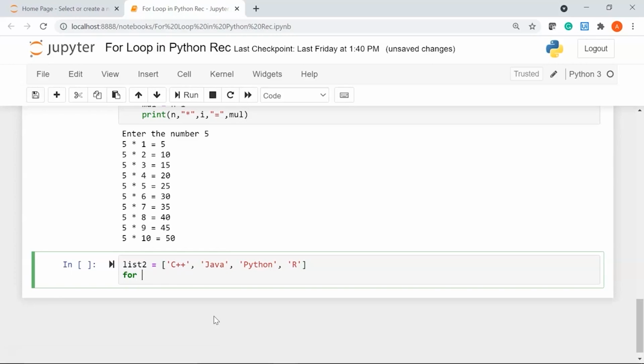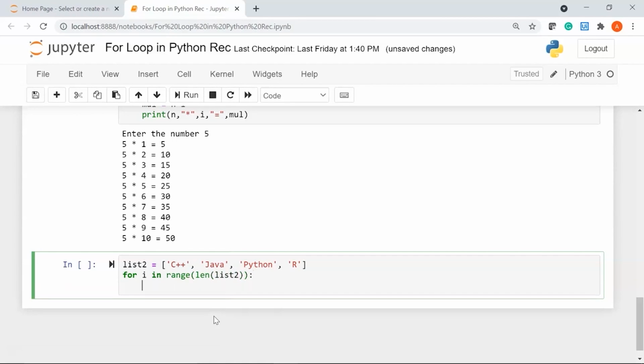Okay, so I can write for i in range. Here I can use the length function, and I'll say len of list2, give a colon, then we'll print hello, and I'll say list2 of i.